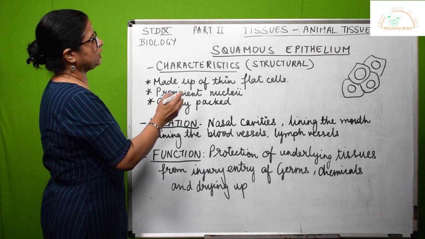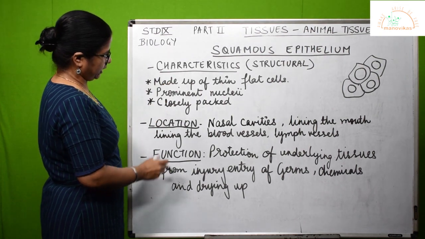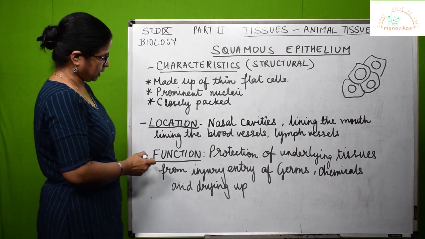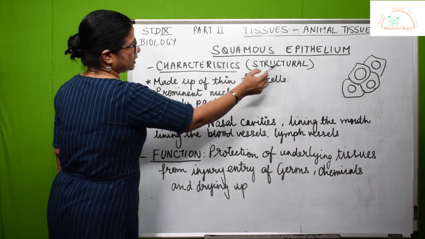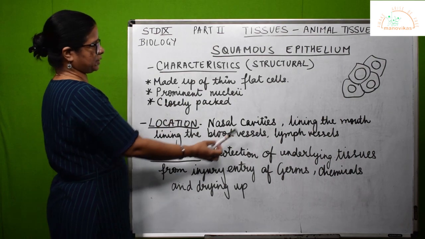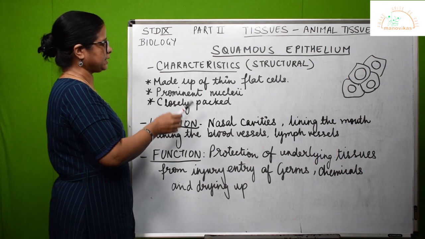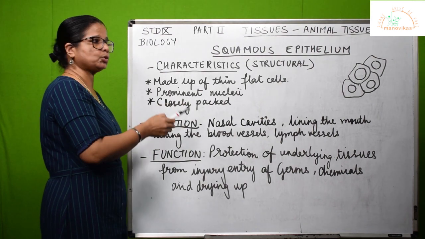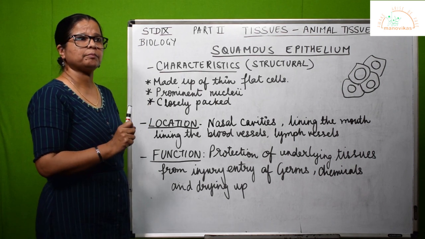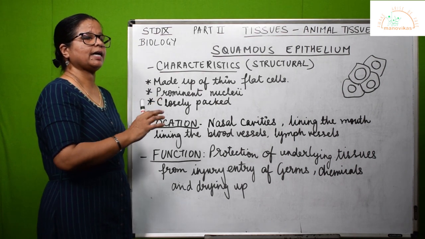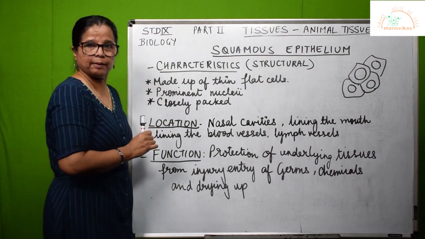Now let us study squamous epithelium. Here you can see that I have listed their features under various criteria. Let us look at the characteristics. These are the structural ones. That means we know what kind of cells it is made up of. When we say the word epithelium itself, you have to associate it in your mind and think: if something is an epithelium, what could be its shape, size, structure to allow it to carry out its function as an epithelial tissue.